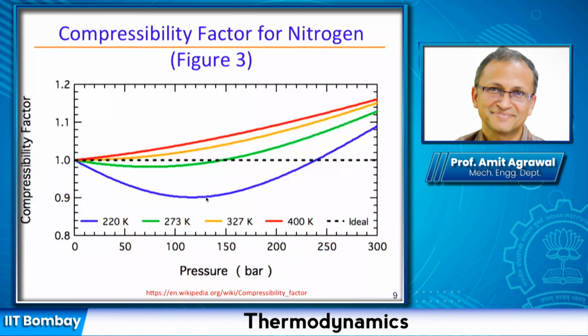Yes. So again, that's a very good question. The question being asked is, how do I determine this? If we look at this blue curve, we see that it decreases first and then it increases. So how do we know why it should decrease and why it should increase? Can we predict this point, this minima in the curve? If you really want to answer that question, one has to do a detailed modeling of these molecules.